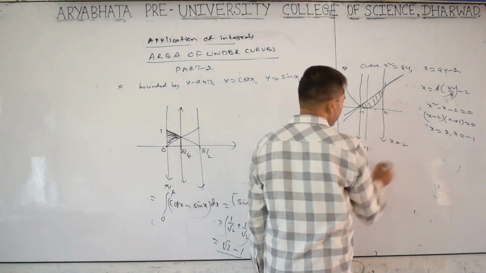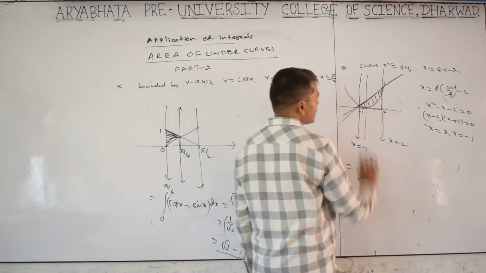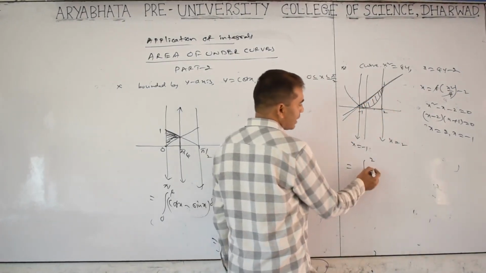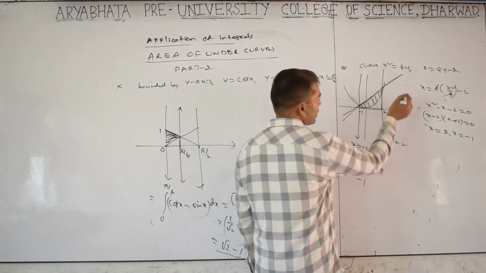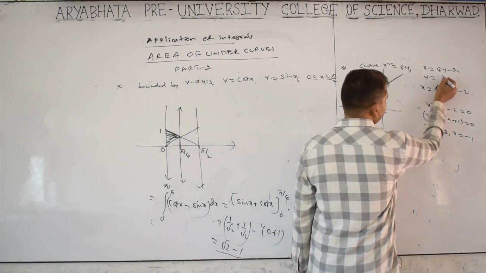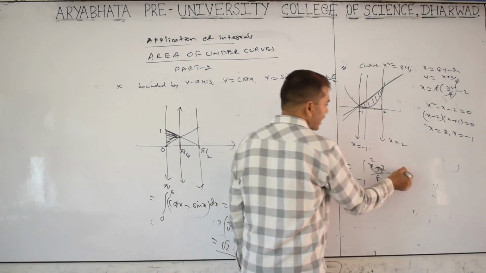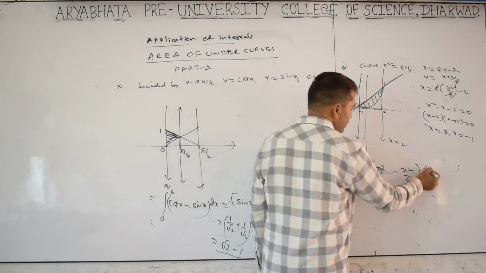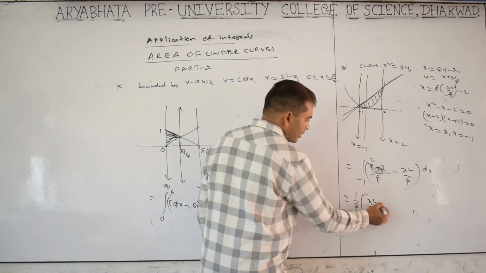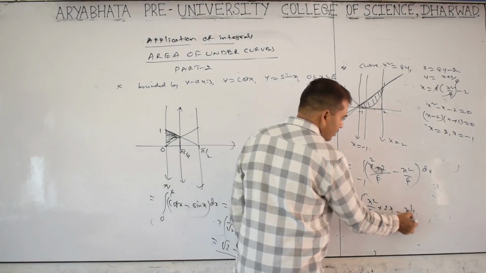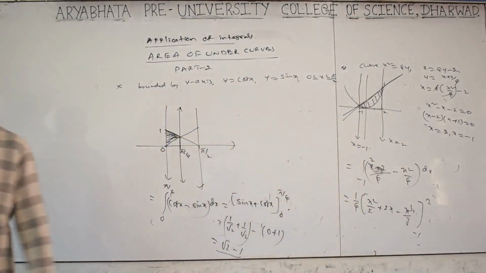So integration of minus 1 to 2, this line occupied big area, curve occupied small area. So minus 1 to 2, line is 4y minus 2, y is equal to y dx, horizontal vertical steps, y is equal to x plus 2 by 4, here y is equal to x square by 4 dx, finish. 1 by 4 x plus 2 integration x square by 2 plus 2x minus x cube by 3, limits minus 1 to 2, apply upper limit minus lower limit, we will get the answer.